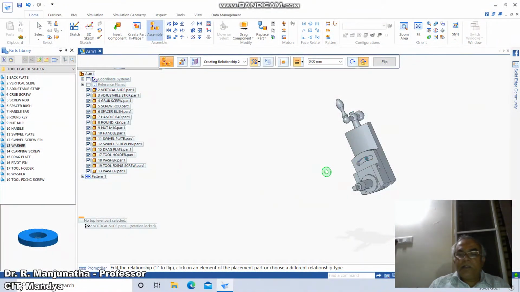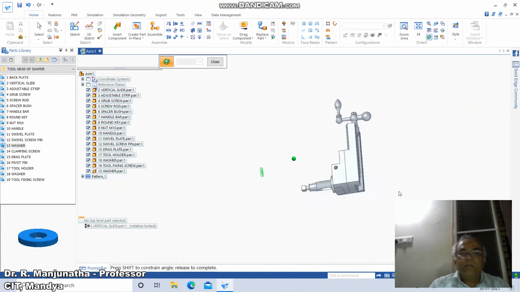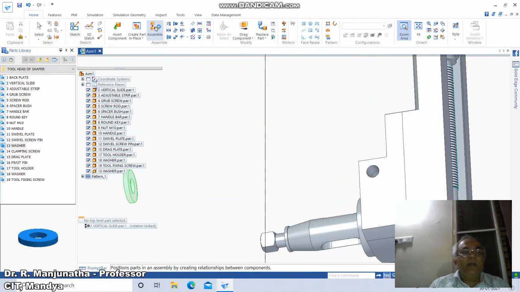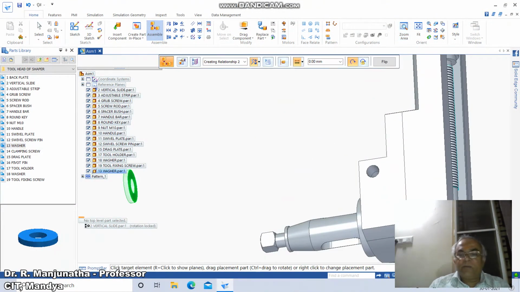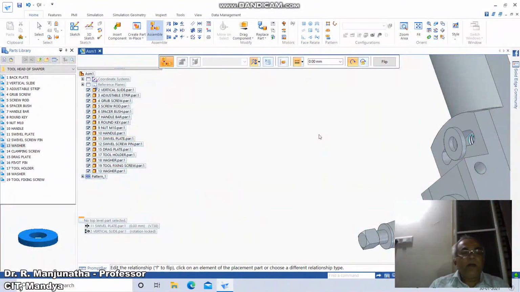Then you rotate this, then go to zoom window, then go to assemble, click on this face with reference to this face. So you're going to have that.